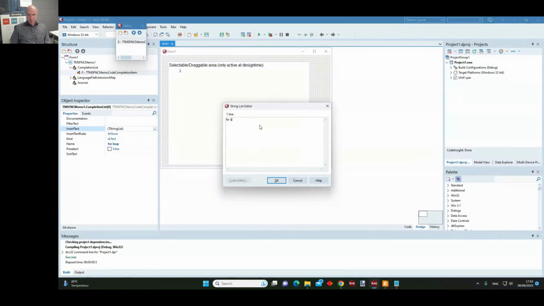well, let's keep it more simple. Do, begin, end. As you can see, I have added two things here, $1 and $2, and these are identifiers that specify, when this code block is inserted, insertion points where I can tab through for the developer to add something specific in that code.